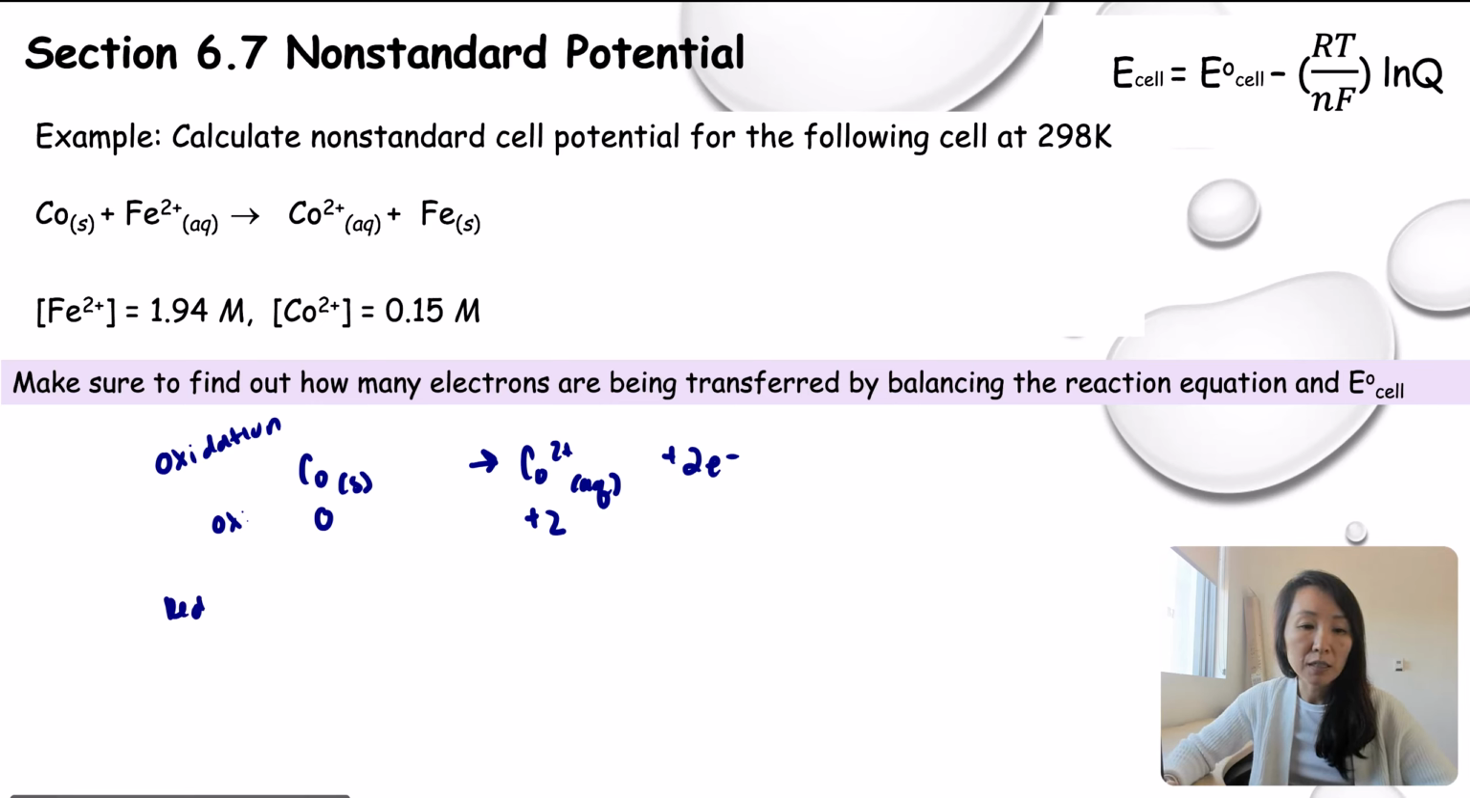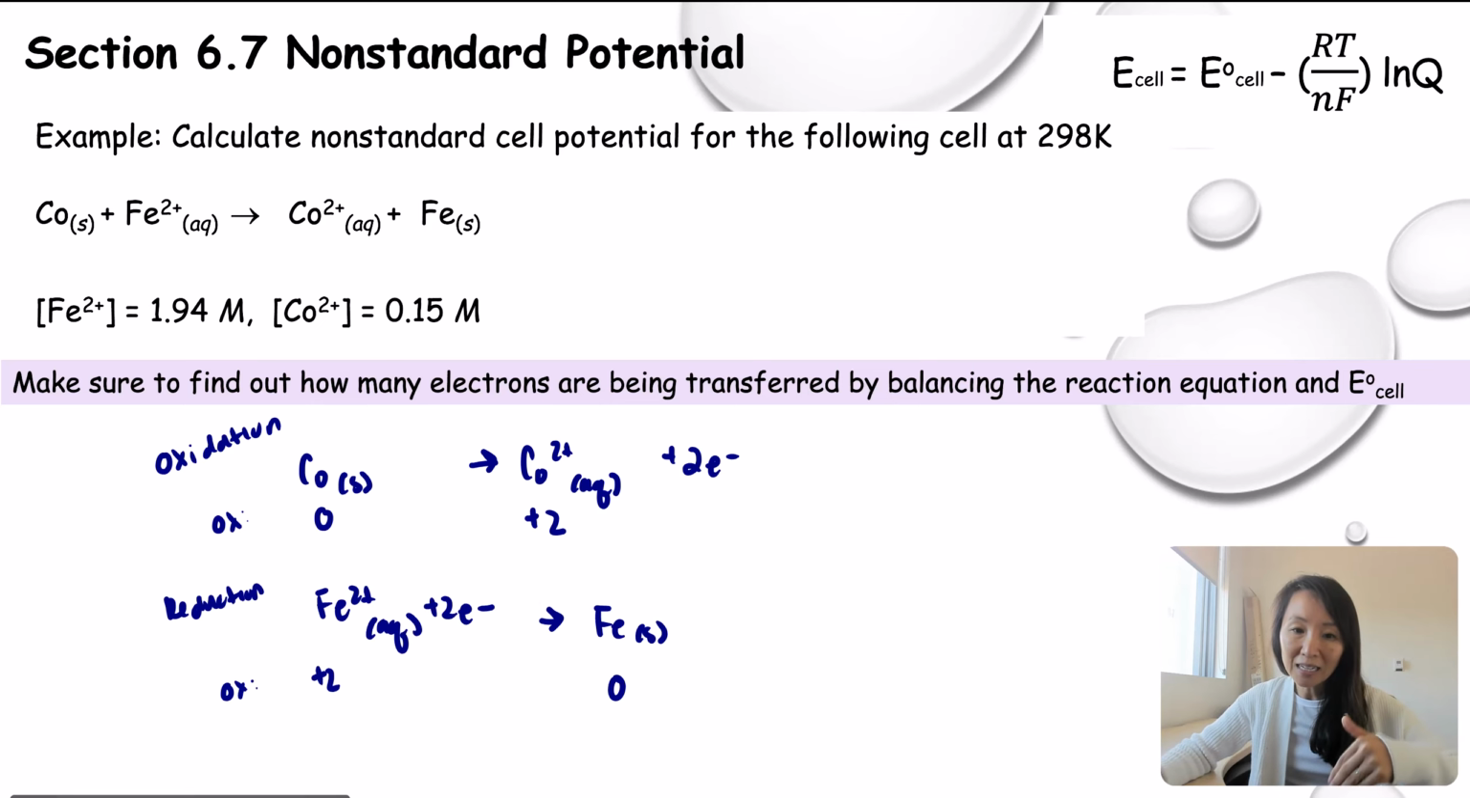In the reduction process, the iron 2 plus forms iron solid. The oxidation number for iron 2 plus is +2, and for iron solid is 0. That means 2 electrons have been added in order for it to become iron solid. Now, the 2 electrons are balanced, so we don't need to multiply the oxidation and reduction by any number. Let's go ahead and find the E naught of each half reaction,